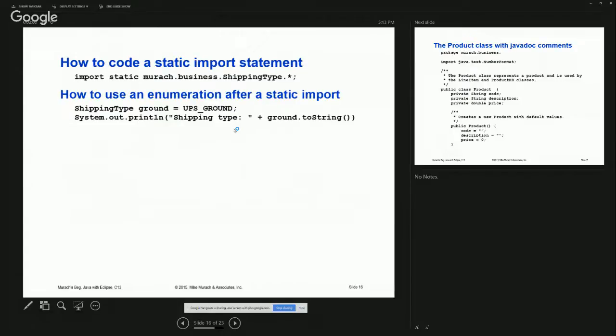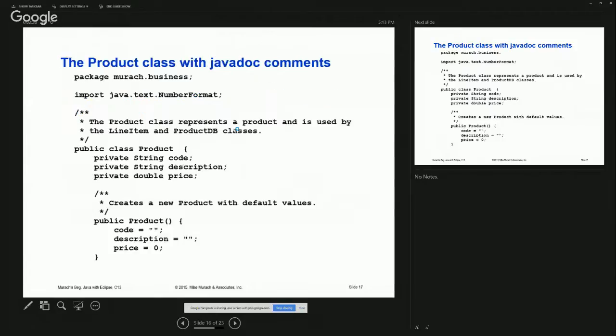And you can import an enumeration with a static import. So you can say import static and then the name of the package, enumeration.star, and this is going to allow you to work with all of them. So if you have imported it as a static method, then you can say, for example, the ground is equal to UPS ground, and then shipping type of ground.toString. So toString,